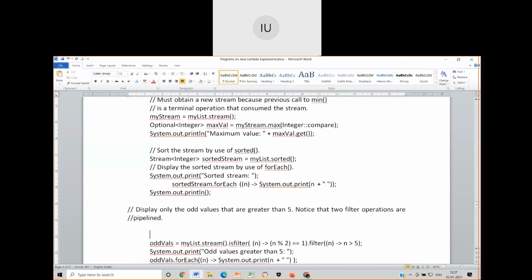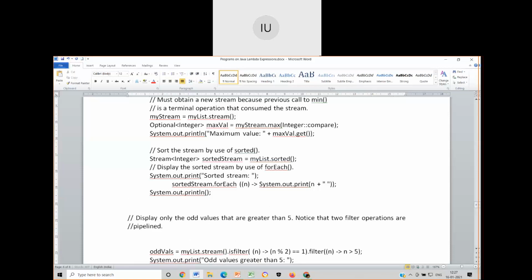Now at the end of this upper line, it would have created a sorted list for me. Okay, and the sorted list of elements is available as part of sortedStream. Now what I will do is I'll write, say, myNum.